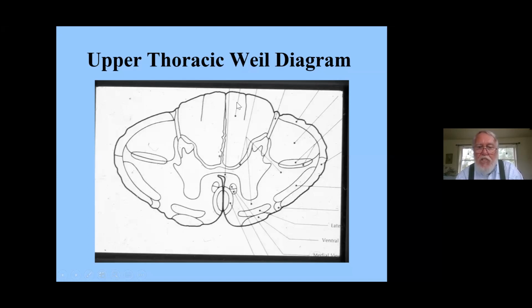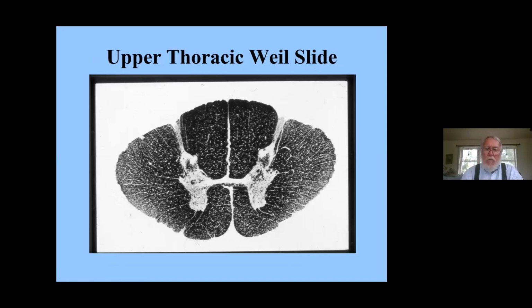So here on the projection system, we see the fasciculus gracilis, the fasciculus cuneatus, the zone of Lissauer, the lateral corticospinal tract, the posterior spinocerebellar tracts, the lateral spinothalamic tract, the anterior spinocerebellar tract, the anterior spinothalamic, and then the anterior corticospinal, and then the anterior white commissure. So here in its actual